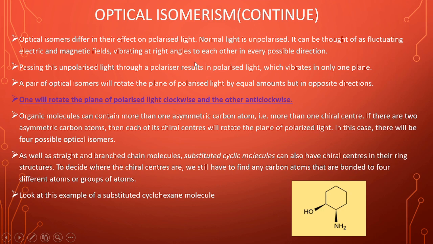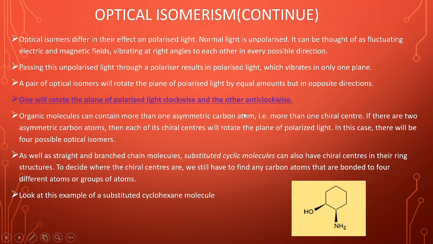Optical isomers differ in their effect on polarized light. Normal light is unpolarized. It can be thought of as fluctuating electric and magnetic fields vibrating at right angles to each other in every possible direction. So one will rotate the plane of polarized light clockwise and the other anti-clockwise. It means that one of the optical isomers rotates the plane of polarized light clockwise while the other